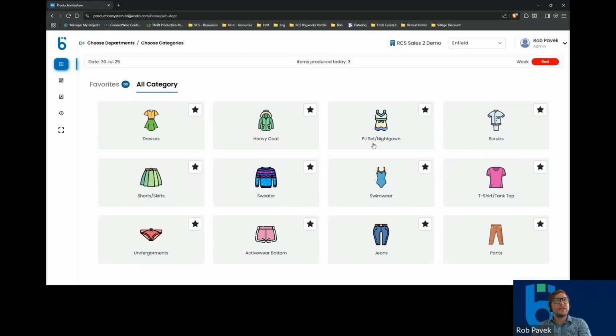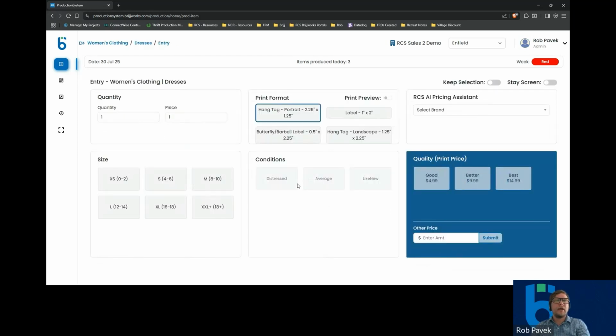And then we're going to go into the category that we're going to be producing today. So let's say we're going to do dresses today. As you can see here, here is the production screen that we're going to be able to see. Quantity, if it's a piece count, that will show that it's 1 of 2, 2 of 2. We also have labels that are predefined for each category department combination, automatically set, so the producer doesn't have to